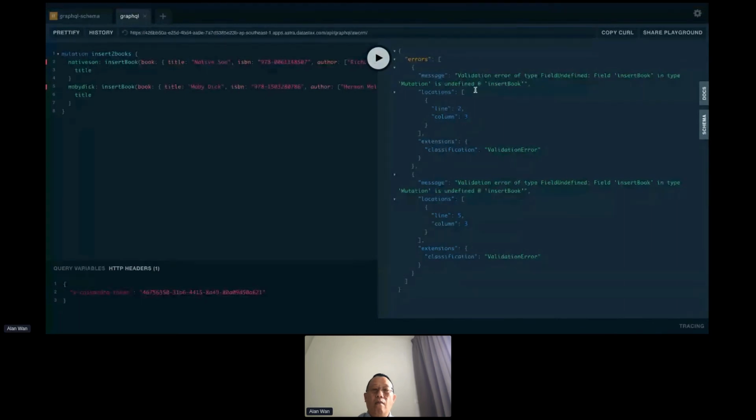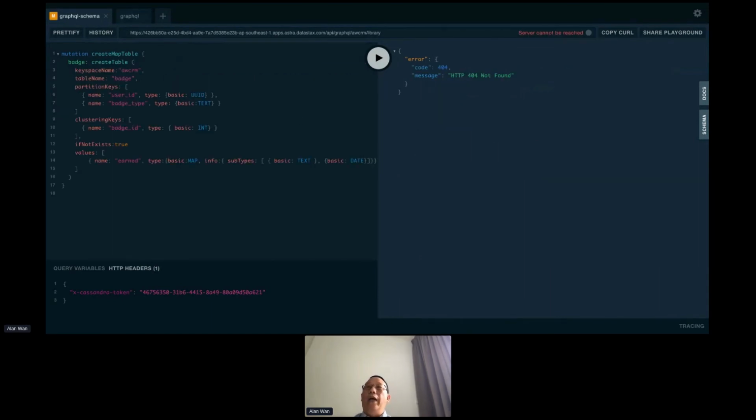Sorry, I'm very rusty on my GraphQL. So you see my point. You can actually build a GraphQL interface from there. So what else? Other than GraphQL, there's a document API as well. Unfortunately, this application doesn't allow me to share my